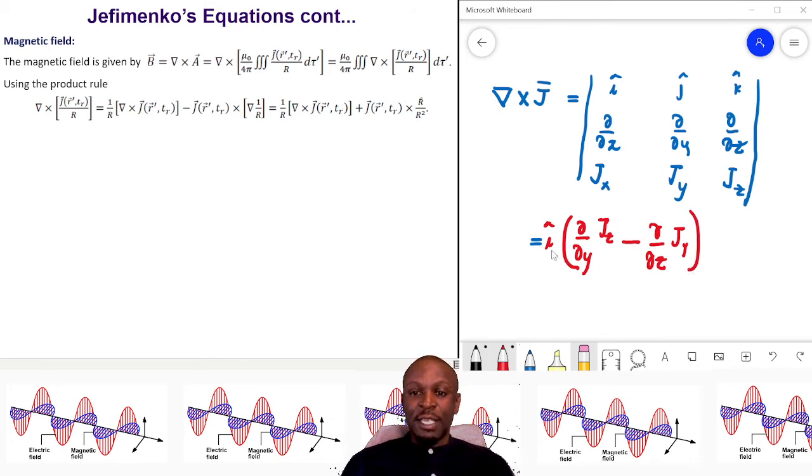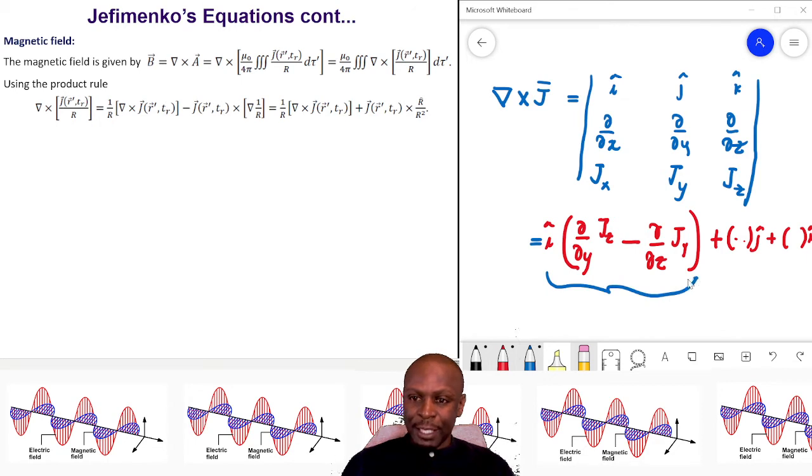So this is only in i. Therefore, you can also compute the others in j, and then plus others in unit vector k. But for now, I'm just going to solve only for x, and then after solving for x, I will write the general solution for